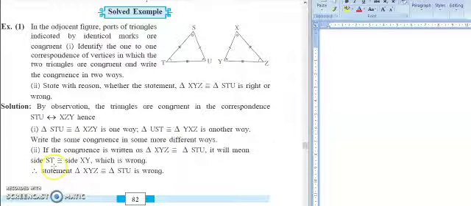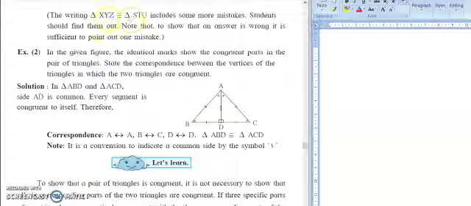Then let us see the side also. The side ST, this side ST is congruent to side XY, but it is false because it has two lines and it has only one line, so both these sides are also not congruent, so this statement is wrong. The written statement is wrong. Here some more mistakes are there for this statement, meaning which side is not congruent to which side it is given here. We have pointed out only one mistake, you can point out other mistakes, it is homework for you.